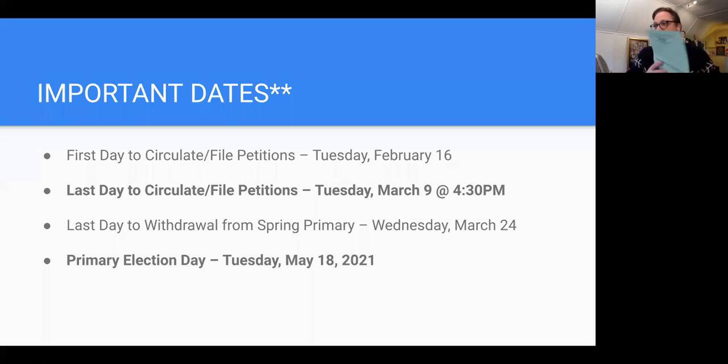So you want to give them those 3 basic pieces of information. 1, making sure they put the right information in the right spaces. 2, making sure that whoever is responsible for the petition in the household fills out the statement of the circulator. And then the third important piece of information is what date you need that petition back by.